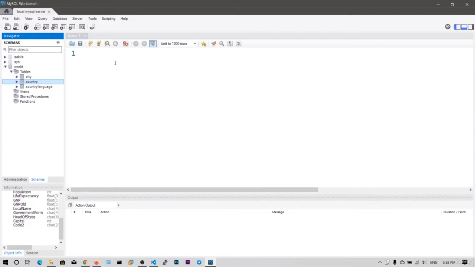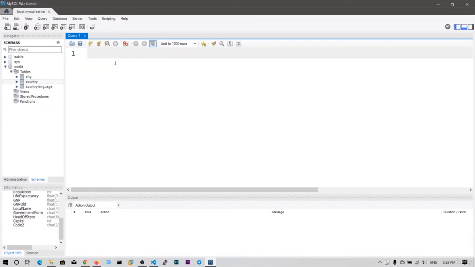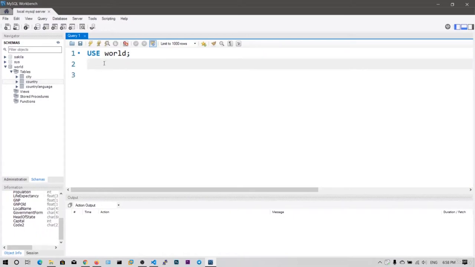So I want to display this data. How you do this is, first you need to say USE world. Let's say world. MySQL is case insensitive. That means capital USE and small use are both the same. You can use either one,